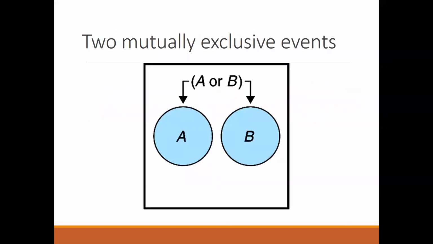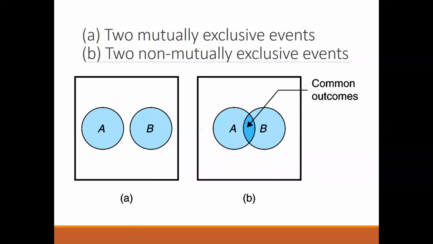Now this is the Venn diagram for two mutually exclusive events. A and B are separate, there is nothing in common between both of them. There's nothing to explain further in this. I hope the diagram makes it very clear. Now, coming to mutually exclusive events and non-mutually exclusive events. In the Venn diagram form, you'll find that there's nothing common here, and the common part is given here, the common outcomes between A and B, two events.